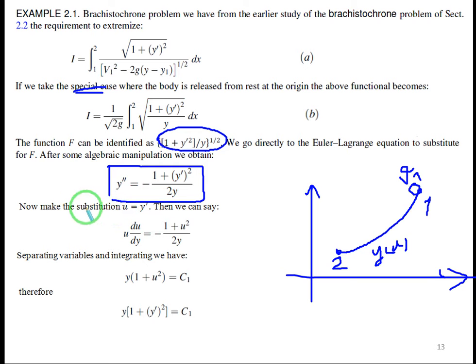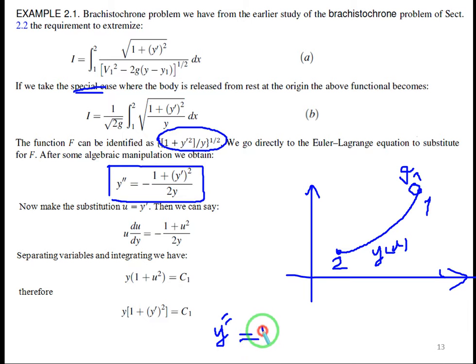If we introduce the variable u equal to y dash, then we can say y double dash is equal to, let me show you, let's rewrite it here. y double dash is equal to,